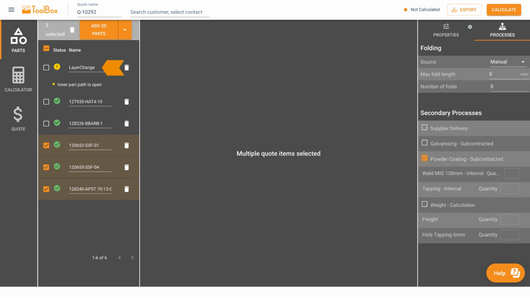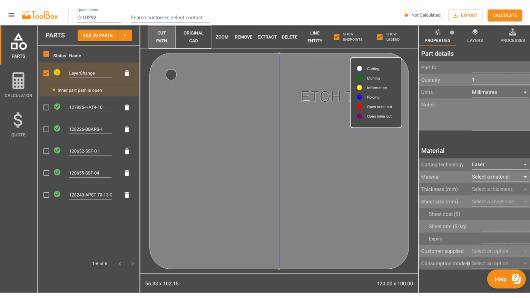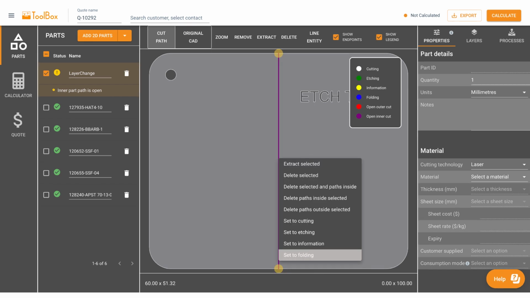The last part is folded, is on 3mm mild steel, and there are 8 parts required. Select it. You will notice that the fold lines have automatically been set to the purple color, which is defined as an open inner cut. ToolBox will automatically set any entity to any of the cutting layers here, directly after the upload. From here there are 3 options to define the fold lines. The first one, and most used, is by selecting the lines and then adding them to the fold layer. I prefer to right-click the mouse and set them to folding, but you can also do that from the tab